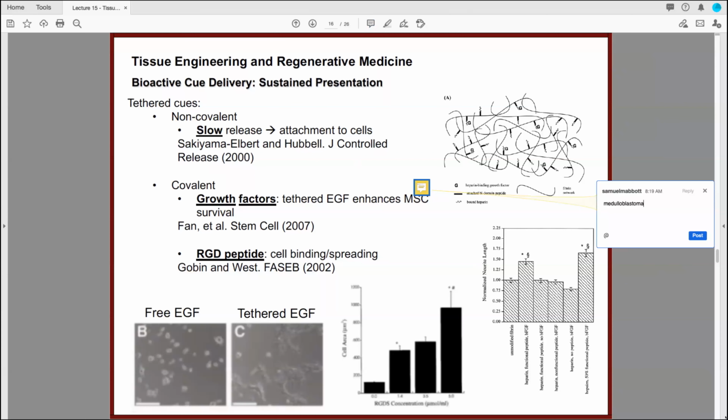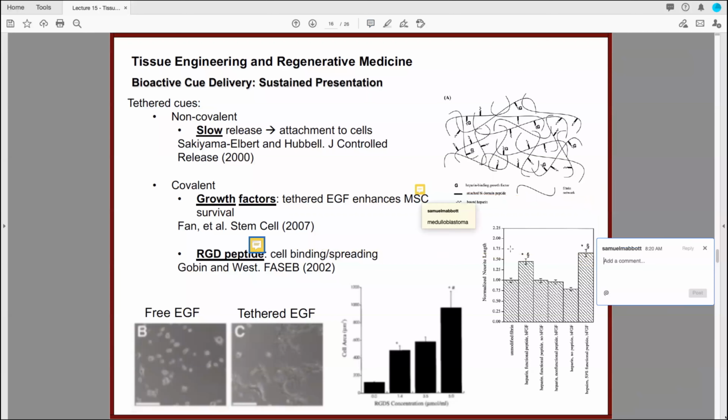So we can covalently tether those growth factors into there and get them to release over time. And then we can also use something which is pretty cool called an RGD peptide. The RGD peptide, and I'm going to write that one in for you as well, is called